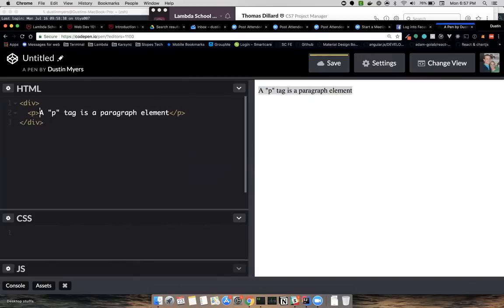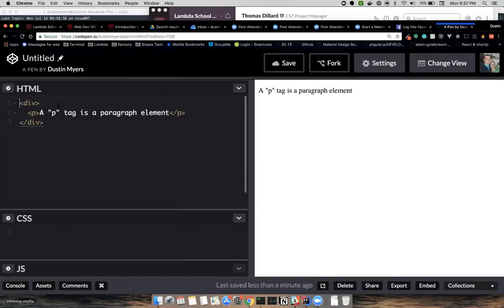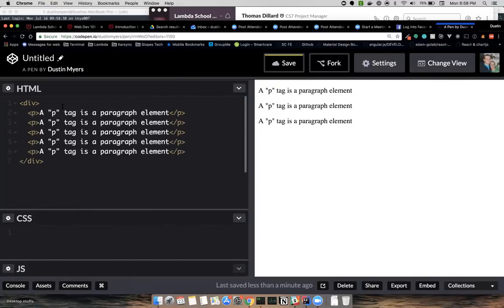When you use a p tag, a paragraph element, you're basically always using that for text. And you can define multiple tags inside as child elements of this upper element here.